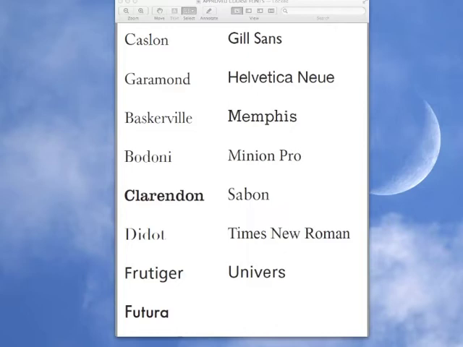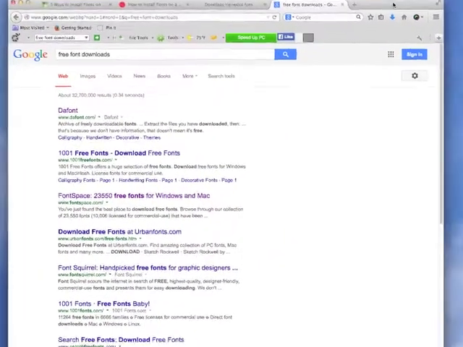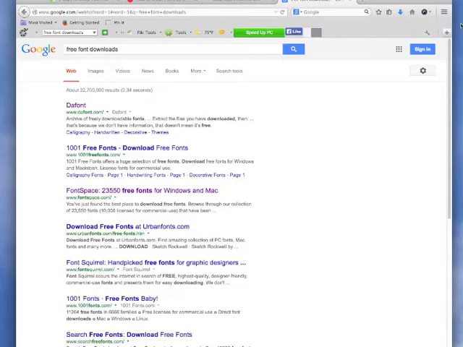You shouldn't have a problem if you have the Adobe programs, which I believe you do. But if you don't have certain of the fonts, you can go online and in a search engine such as Google, you can type in free font downloads. You certainly can go on to typography websites and pay for the fonts, and that's probably best in the long run. However, in many cases we don't want to have to pay for these, so you can look for free